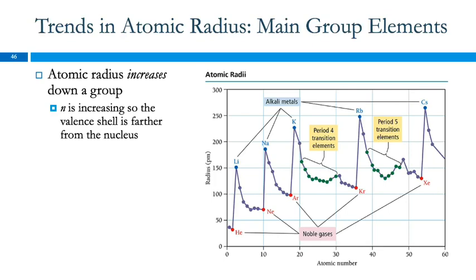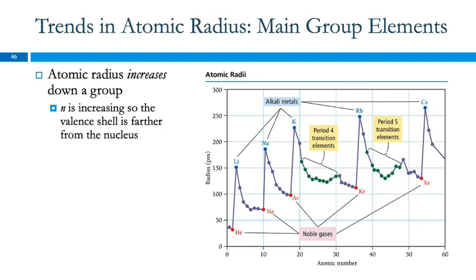So now we can talk about trends in the atomic radius. So this is a kind of weird looking graph. We like things that are linear, and this is absolutely not even close, right? So on the y-axis we have the radius in picometers, and on the x-axis we have atomic number. So we're starting with hydrogen, and we're just looking at the radii of these atoms in order of atomic number. And so we do see some patterns here, right? The radius jumps up and comes down and jumps up and comes down, and it keeps doing that. That's a